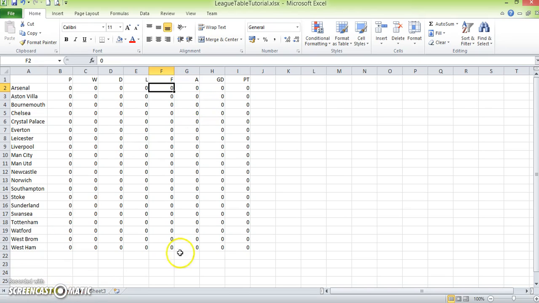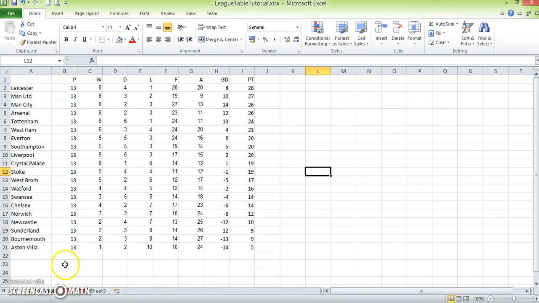Now, this is a blank table, as you can see, and it's all set out alphabetically as we would have at the start of the season, and this is the actual table after 13 games of the season. And you can see the information is all set out first of all by the points, and then where you can see two teams on the same number of points, it's down to goal difference. So first thing I'm going to do to avoid confusion later on is I'm just going to reset